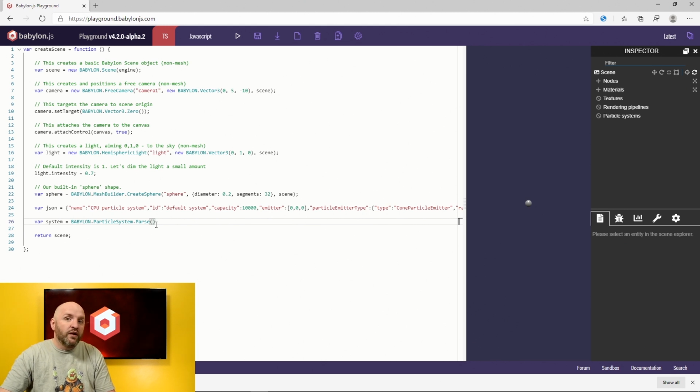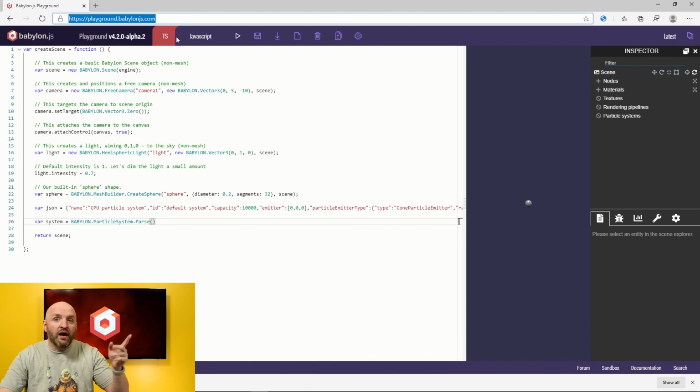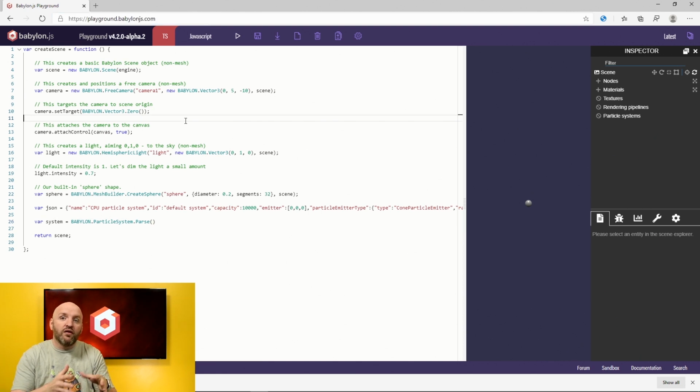Later on, we will introduce in the particle editor the support for the snippet ID. So you will be able to load your particle system from the snippet server. You will be able to save it to the snippet server. The same way you can save snippets for the playground, you will be able to save your particle to the snippet server and then get it back just using an ID. So far, it's not implemented yet, and it's just fresh from the oven.